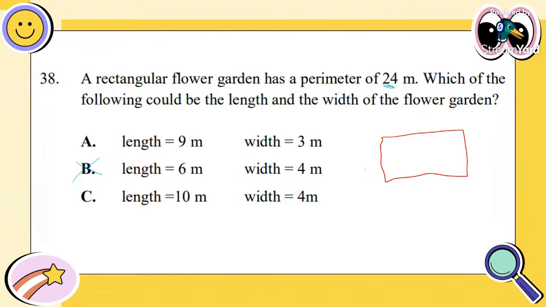So you said the length is 9 meters and the width is 3 meters. Since it's a rectangle, guys, 9 meters for one length, the opposite length is also 9 meters. And 3 meters for this width, the opposite is also 3 meters. Let's check this out. Here we have 9 plus 9 is equal to what? What is 9 plus 9? Help me to add.